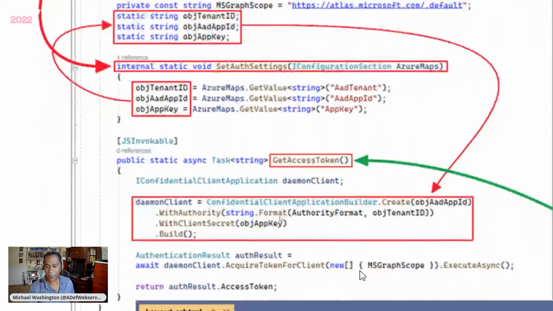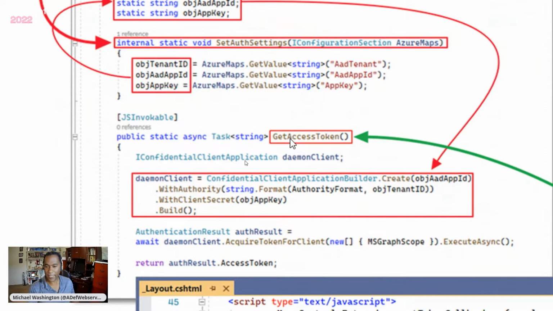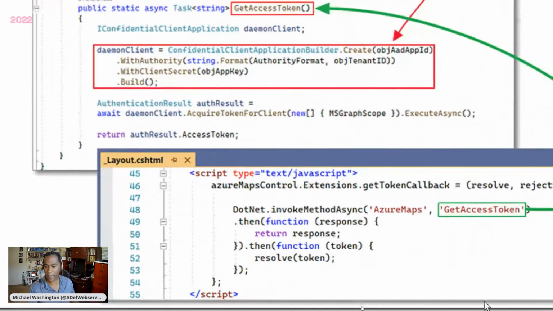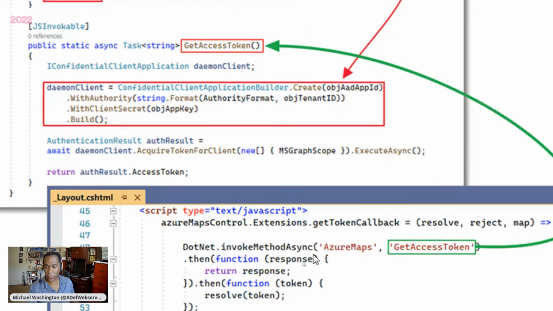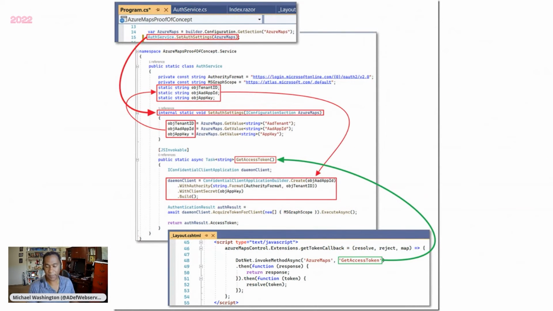Then later in the code, that GetAccessToken method is called, and it returns an access token to the layout, that's that CSHTML page. This is where it made that call to get the token. It returns it to the map control, and authentication is set up.